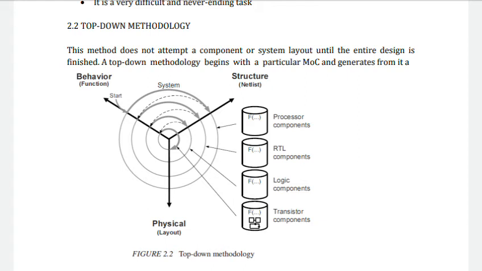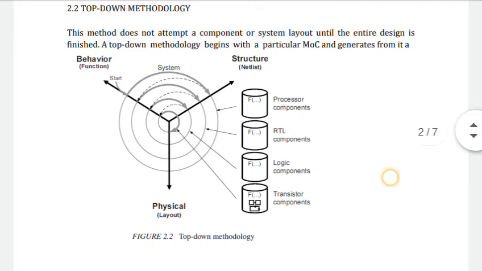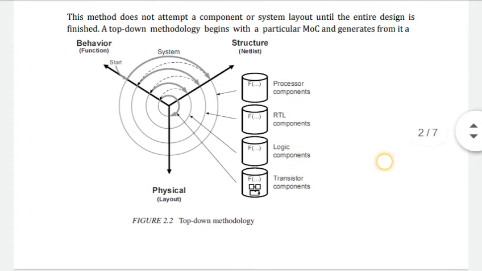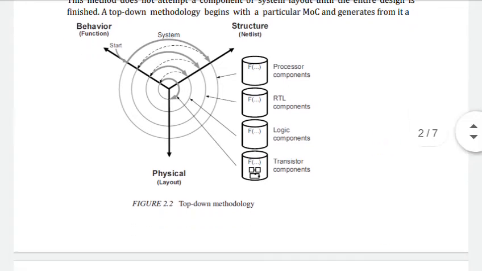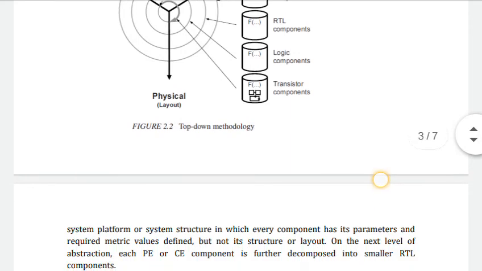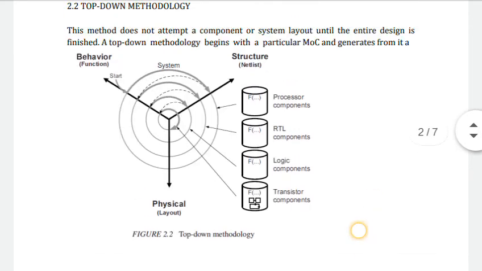this top down methodology. This method does not attempt a component or a system layout until the entire system is finished. Okay, a top down methodology begins with a particular model of computation and generates from it a system platform or system structure.